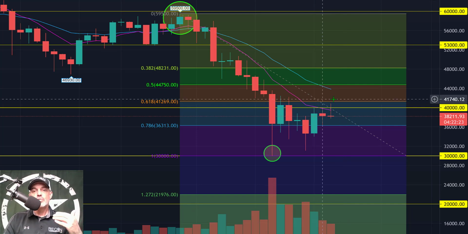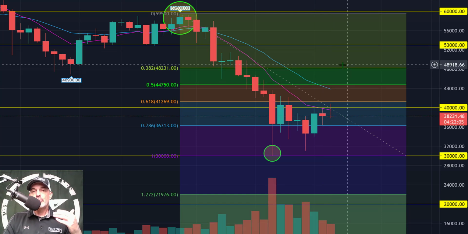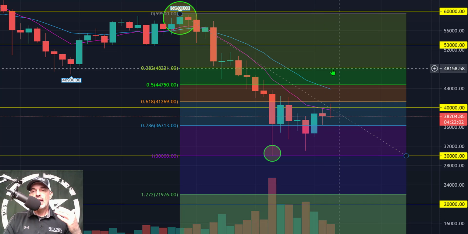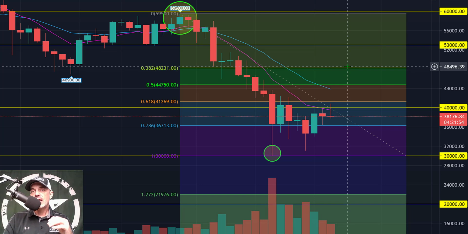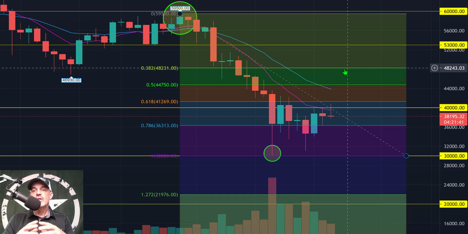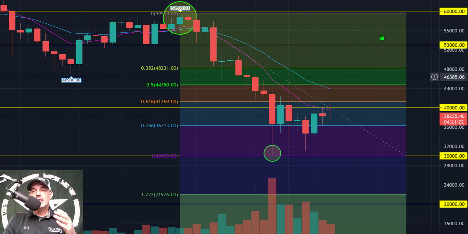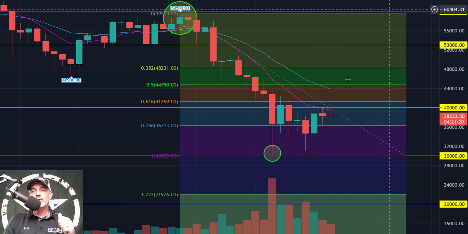If we're going to continue moving up, then more than likely around 44,000 to 45,000 would be our next level of resistance. And then beyond that, we're looking at the 382 Fibonacci level, and we would need to get above 48,000. And another zone I'll be looking at will be 48,000 to 50,000. Once we get above this 382 level of 48 to 50,000, then I would be willing to say the bulls are back in control. And if we were to do that, you would see these moving averages confirming that the trend has shifted back in favor of the bulls.